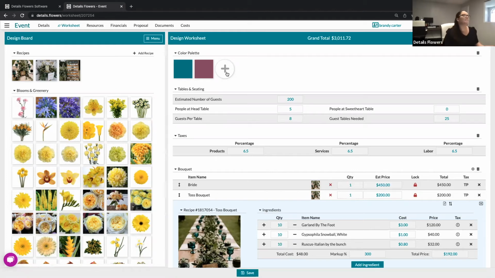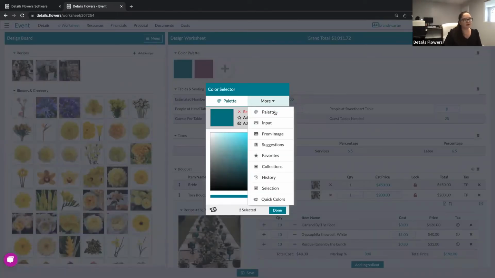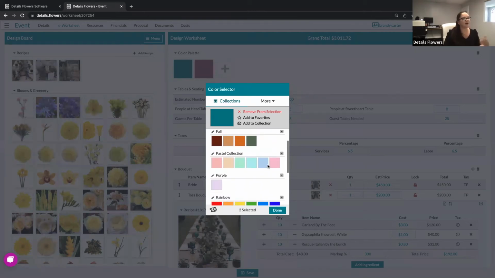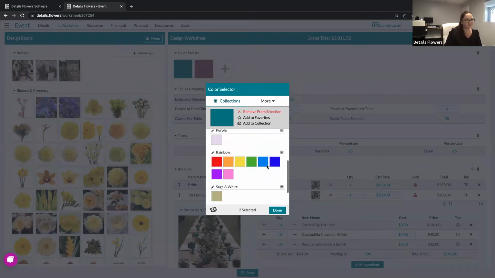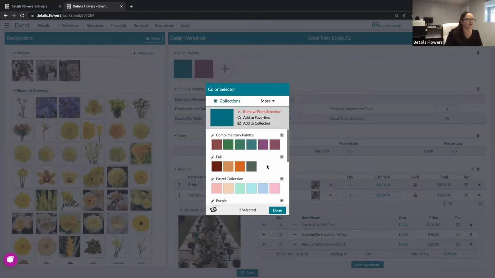So I'm going to click on the plus symbol. Within your color selector, you have a variety of different options on finding colors, and then you have what's called collections. These are some of the collections that I have created. So I've got things like a fall collection or a pastel collection, rainbow. Maybe you want to do some smaller items like sage and white, or anything that you can